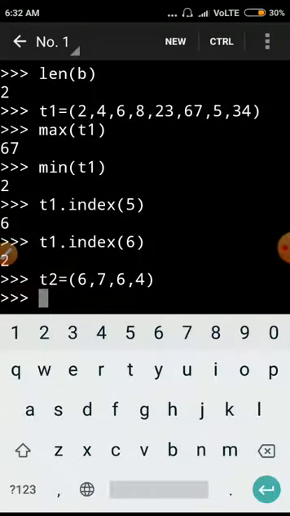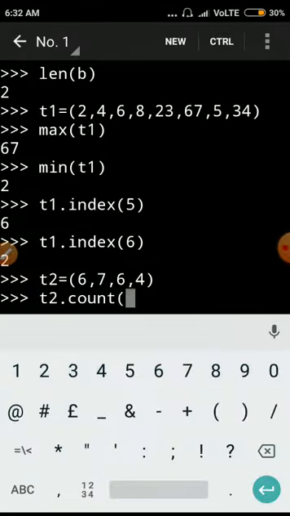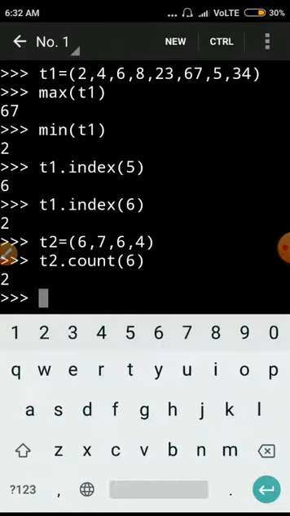I want to count the element 6 in tuple t2. For that we write t2.count. It counts how many times that particular element appears in my tuple.